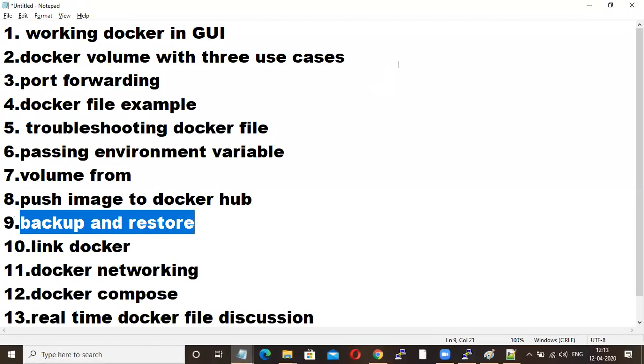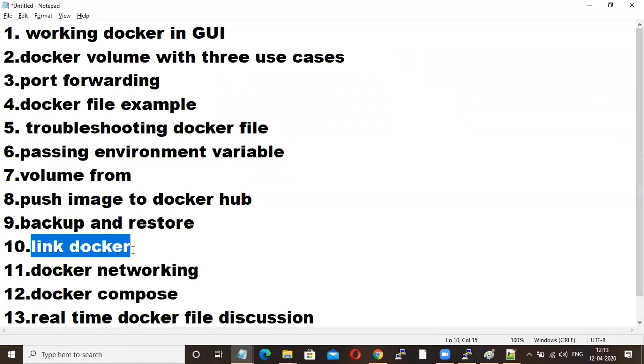Which one can we go? Okay, I'll go for link Docker.